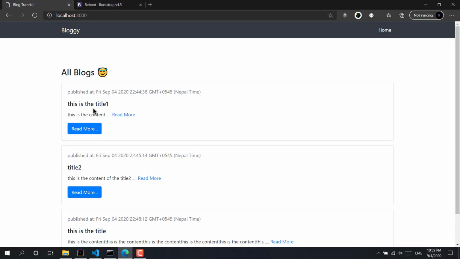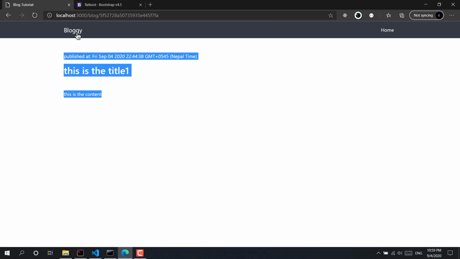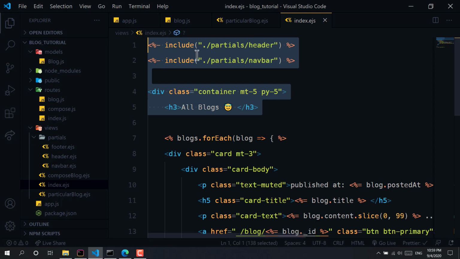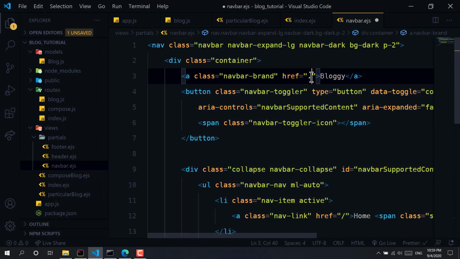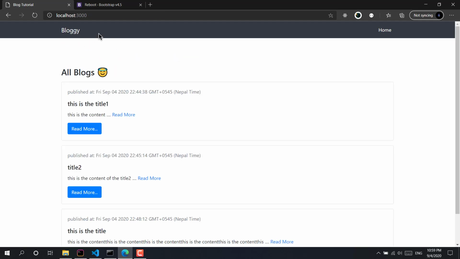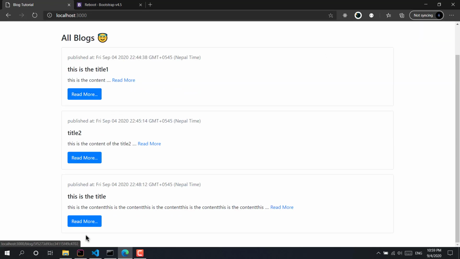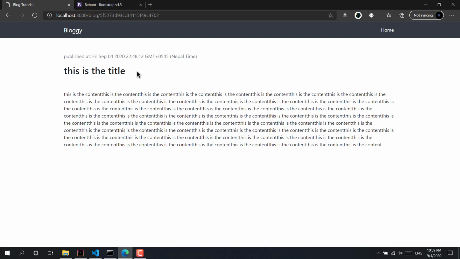So let's just refresh it and click on the read more, and as you can see we got that blog. So if I click here, right, sorry, we need to specify, I think we need to use that here in the nav bar. We need to be a home route. So let's just refresh it again and click on the blogging. We got in the home page, and we are also in the home page right now. And if I click at this in the read more, as you can see we got that content, published at, this is the title, and we have here the blog.